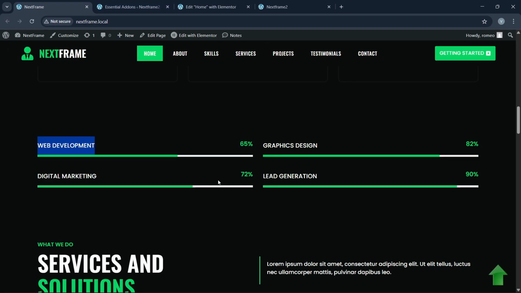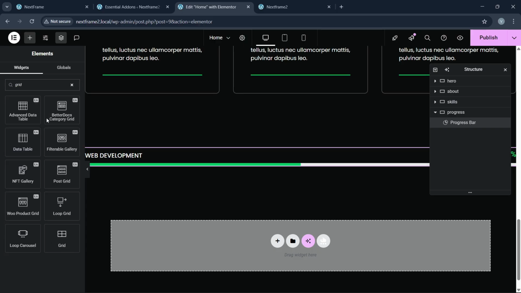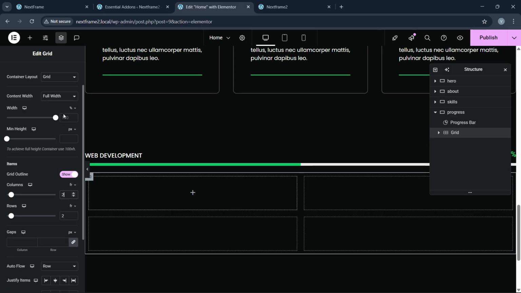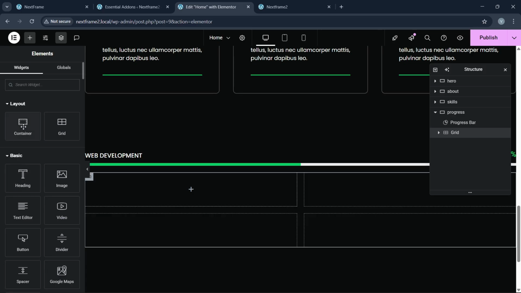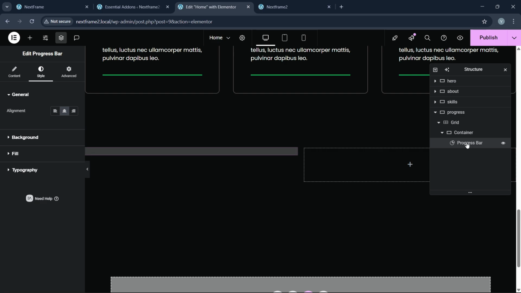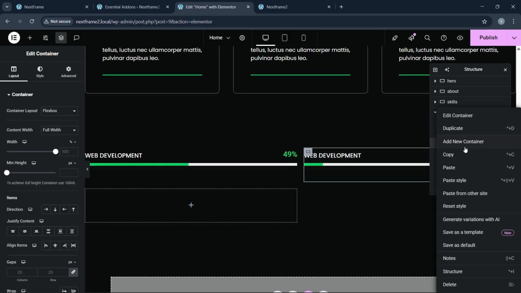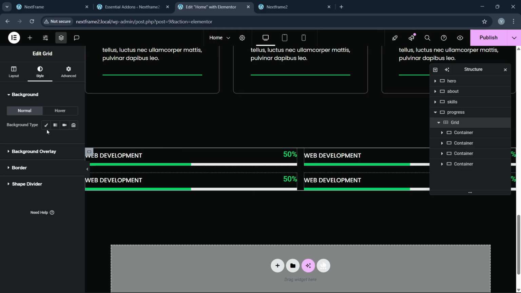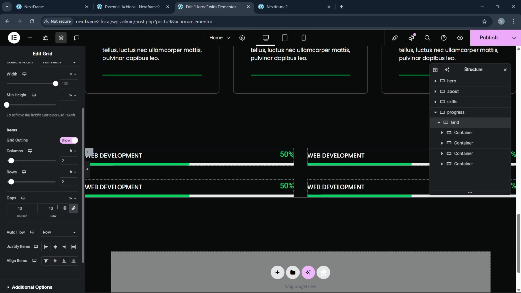Now what we have to do, we have to just duplicate this. So I think we can use this grid here. So let's add this grid, because this will be same. So we can make this 2 by 2, and here we can make this like this. Now we can add a new container here. Okay, we can just drag and drop this here. Then we can just duplicate this. Okay, like this, and here we can go to the grid, and here we can add this here 40 like